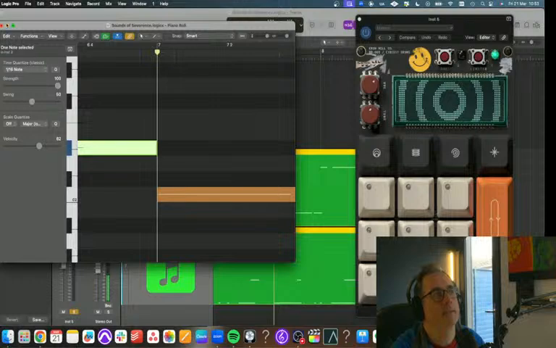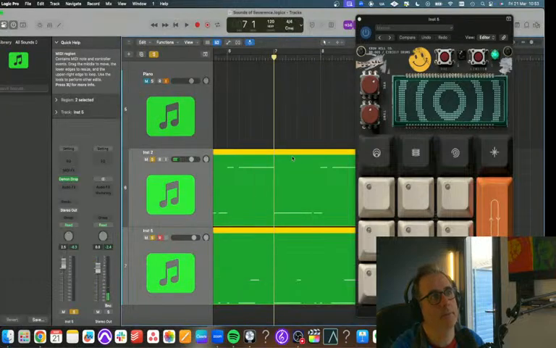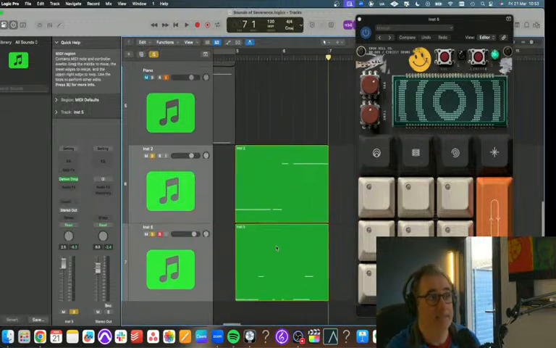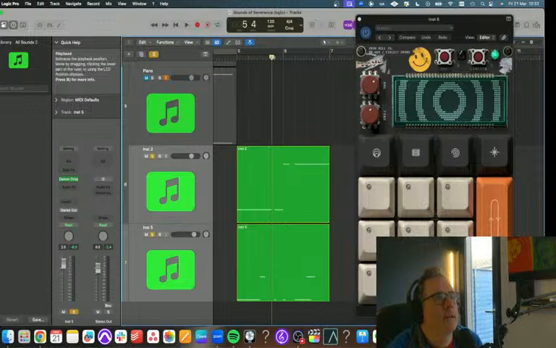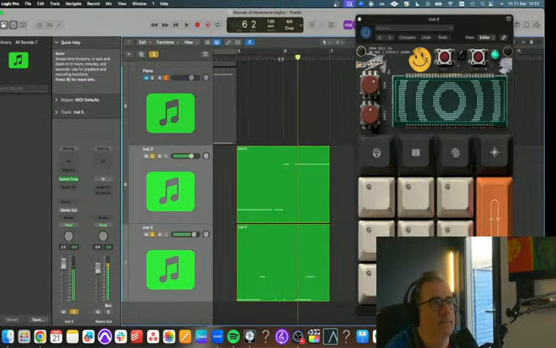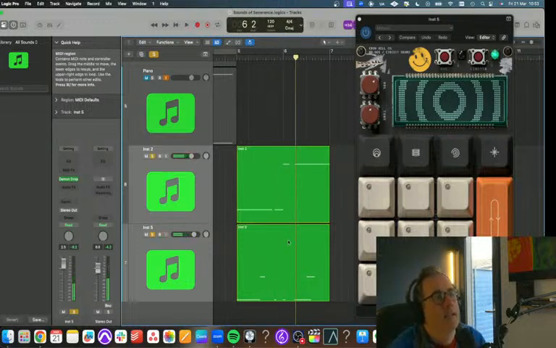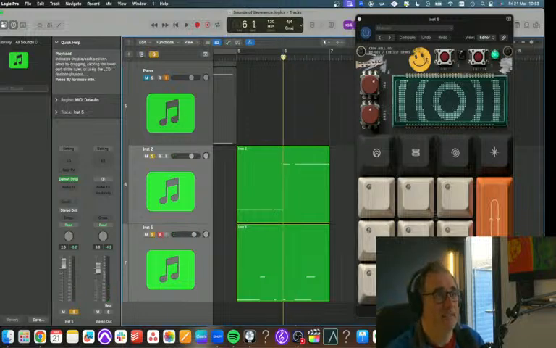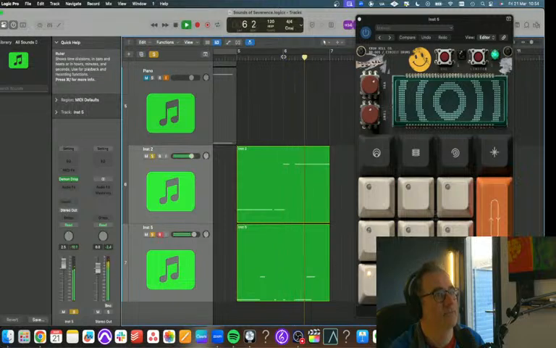Sometimes MIDI editing can be really fun, and sometimes it can be just a total head melt, like today. So there's something not right with that kick and the glidey part. I'm liking it, but it's the glide up to the next one. The kick is not quite hitting. I'm liking the snares punching through.